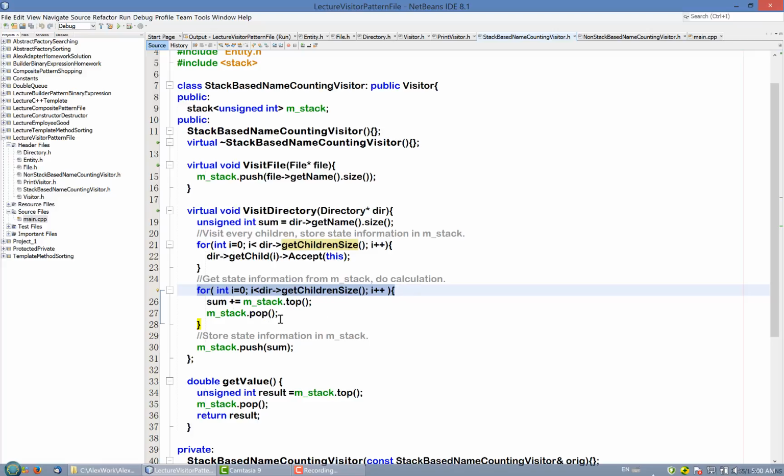Okay, and then for each element we get from the top, we also pop it out. Of course, you need to get the top first and then pop it out. If you pop it out first, you get the top, you are getting the second element. So you need to get the top first and then you pop it out. Okay, so after we pop all the children's